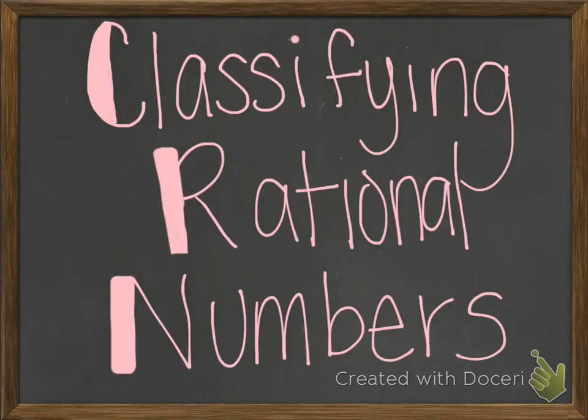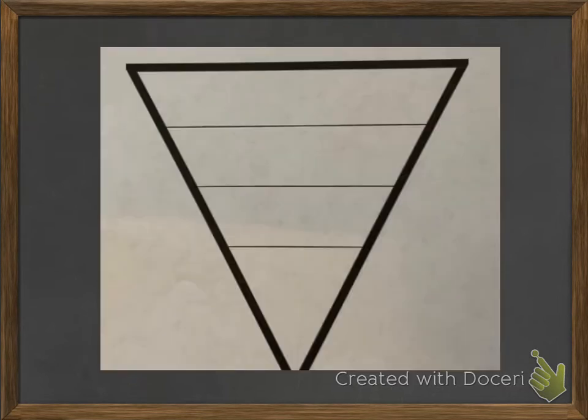Today we are going to talk about classifying rational numbers. We have 4 different sets or subsets of rational numbers, and the first one is natural numbers. And natural numbers are going to be your counting numbers, 1, 2, 3, 4,